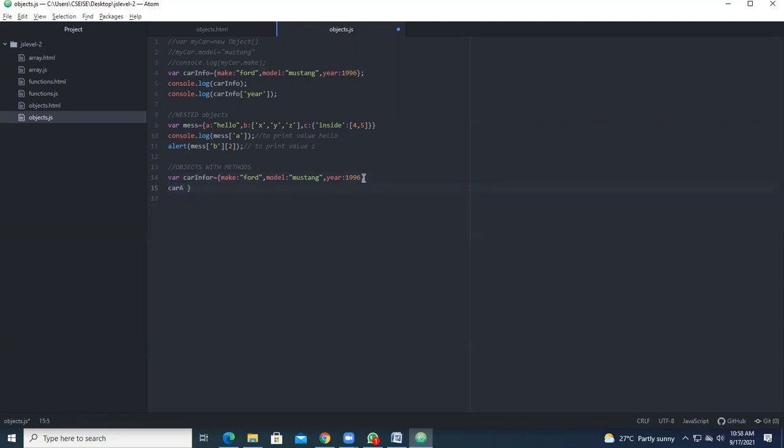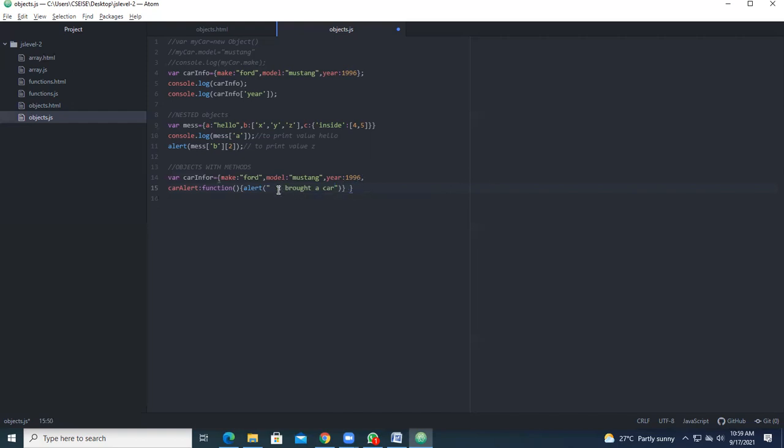So for the function, I will be having a key called carAlert. Okay, so carAlert. So inside that I will be using function, bracket open. So under the bracket open, I will be having the alert. So alert, you can take it, I brought a car. So that means here I am calling a function.